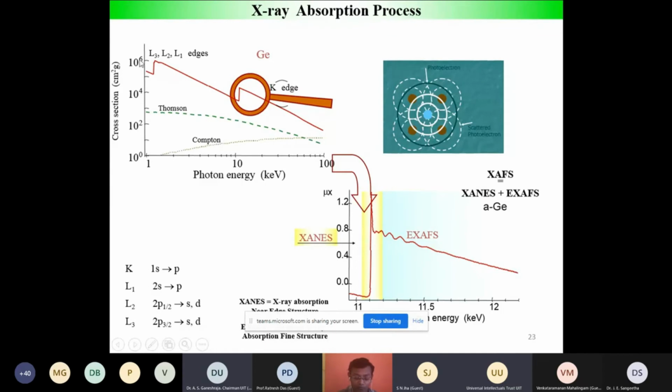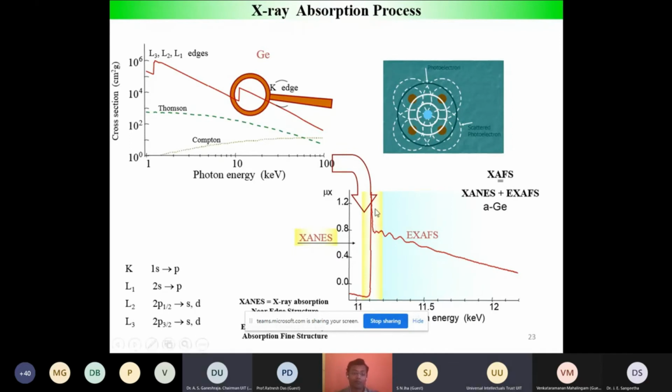And apart from this monotonic decrease in the cross section, there are two conspicuous rises in the absorption cross section, and these are known as absorption edges, due to the particular element, and that's why this technique is very element specific. So if you zoom into this region, let us say this is germanium K, you see in detail these wiggles, which are called the EXAFS, beyond 50 eV of the absorption edge,